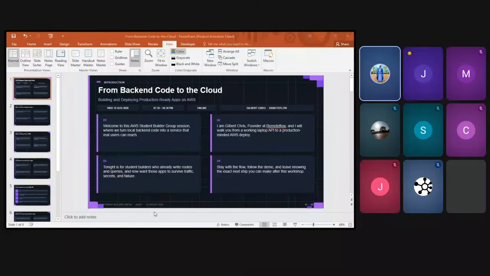Today we'll learn about going from backend code to the cloud.